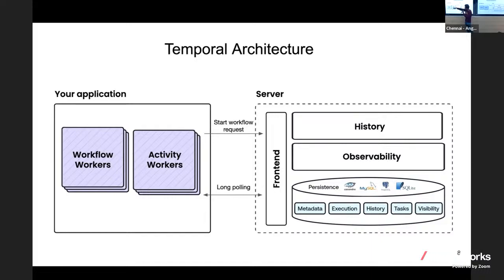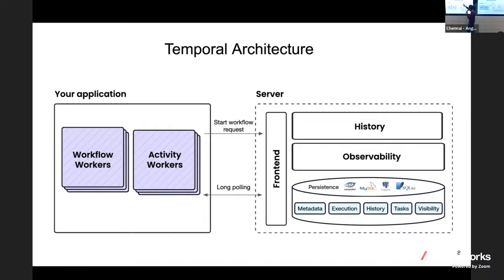So your application will act as a worker, and the Temporal server is a separate deployment. Generally, workflow workers and activity workers can be part of the same application. Your same application can have both the workflow and the activity. But if you want to separate your concerns, and as I said, your activities will be across distributed systems, right? One microservice might have one activity, another microservice might have another activity. One microservice might have the actual definition of the workflow. So basically all your microservices will form the workers,